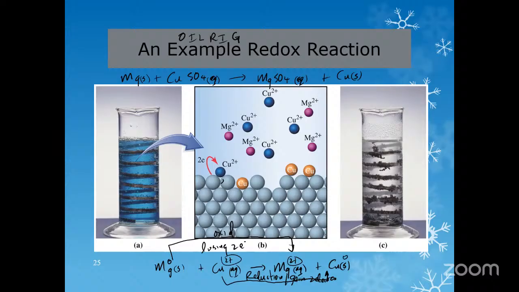reduction, all right? And then the last thing I want to stress before I leave this slide is that in every redox reaction, the number of electrons lost in the oxidation must be equal to the number of electrons gained in the reduction, right? You must have that. Whatever the number of electrons lost must be equal to the number of electrons gained, all right? In order for a redox reaction to occur. Okay, so with that said,